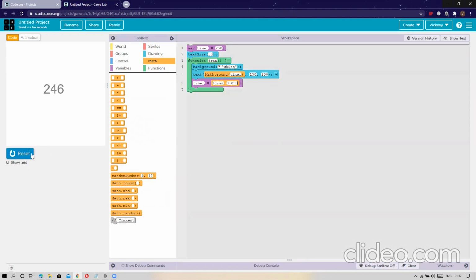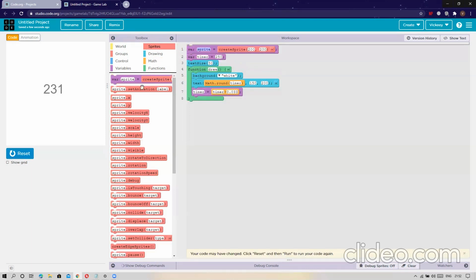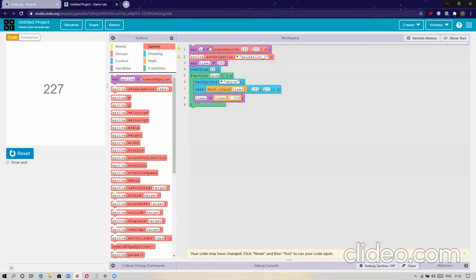It is 248. Now we need to put a reset button over here so we can reset it whenever the countdown starts. So we will go to sprites. We will select this variable. We need to first give it a variable name as a reset button. I'm going to give this one as reset underscore button.